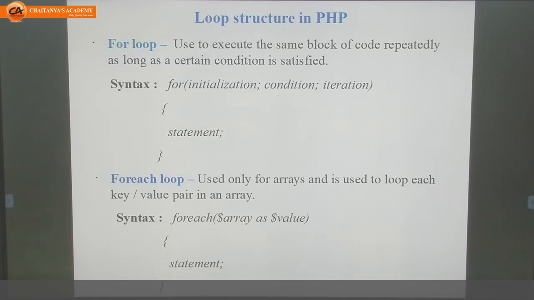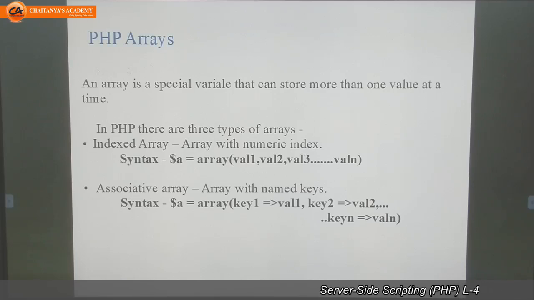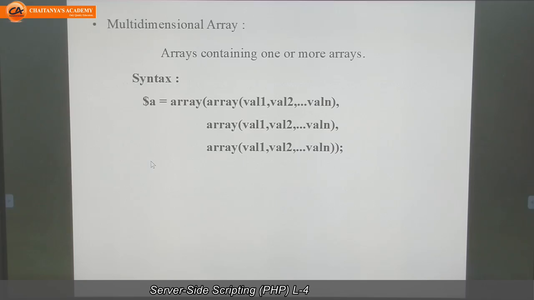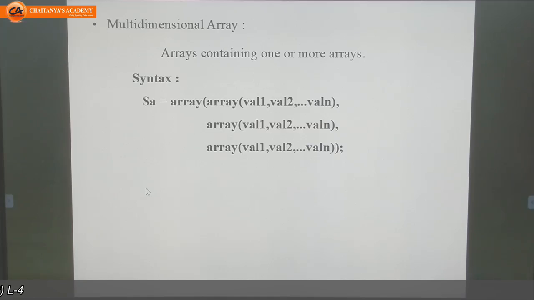You have only the for loop and foreach loop for PHP in your syllabus. Next, which PHP string functions you have. Then PHP arrays. In that, how to instantiate an array and how to assign values to that array.